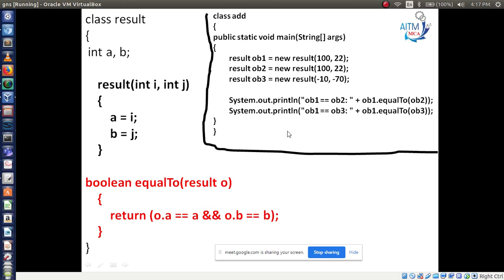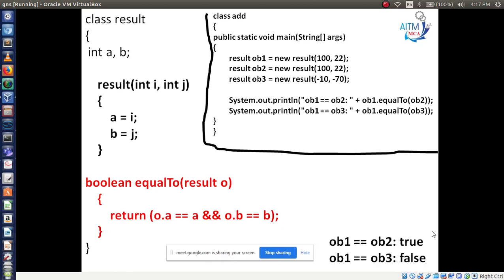If it is true, then it will return this result as true. ob1.equals(ob2): ob1 has the value 122, ob2 also has 122, so both results are true. In this case you will have the result true.